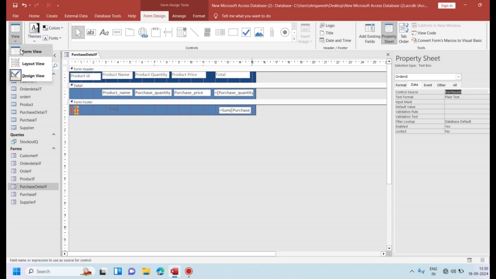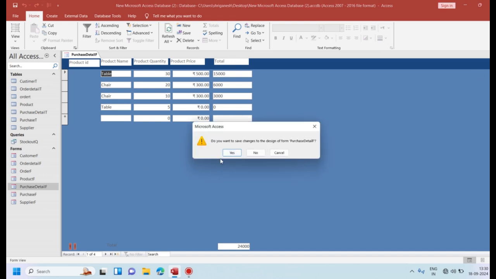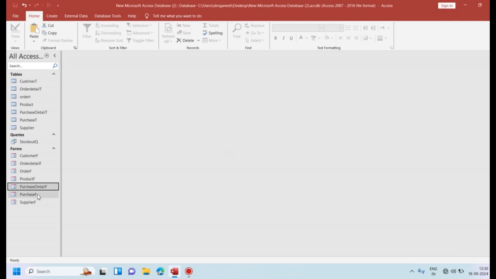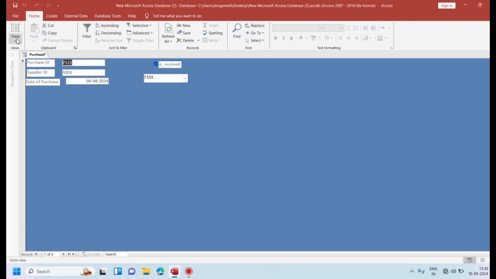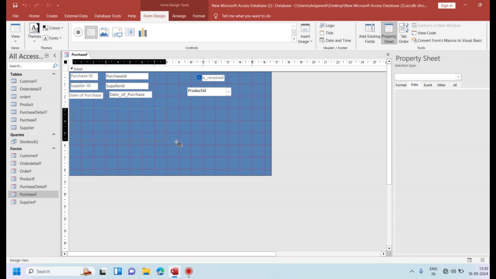Now I go to the form view and the complete details of the purchase detail form are here. I want to save this form, so I save it. Now I open the purchase form. In the purchase form, go to the design view and I will put the subform control here and place it here.